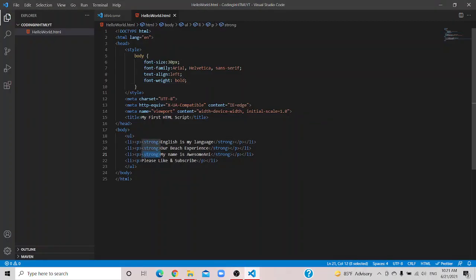So if I remove the strong tag, it should remove it. And just quickly remove all of these. And this, well, I think